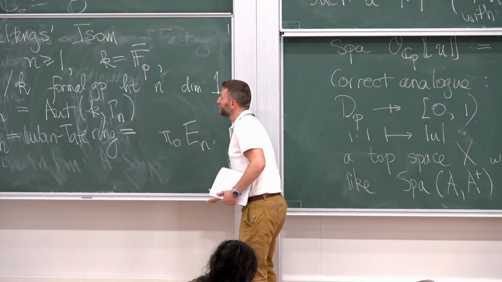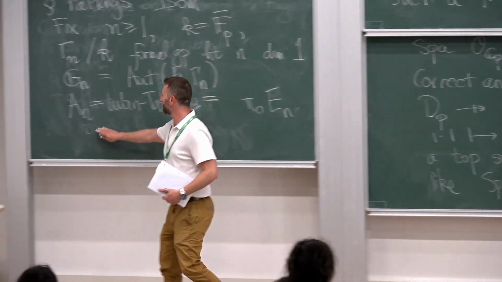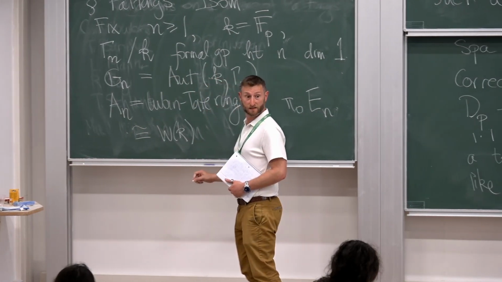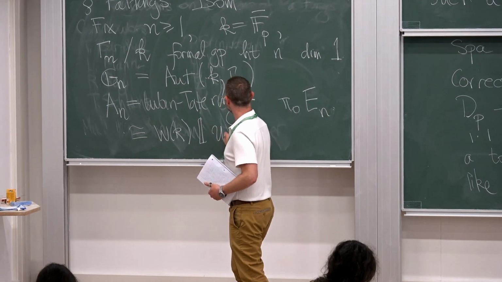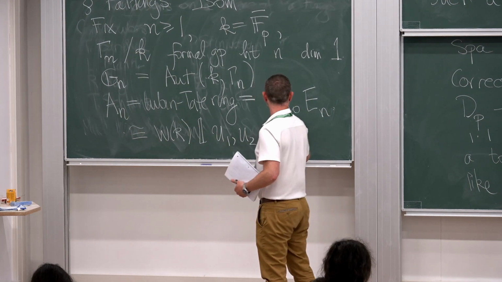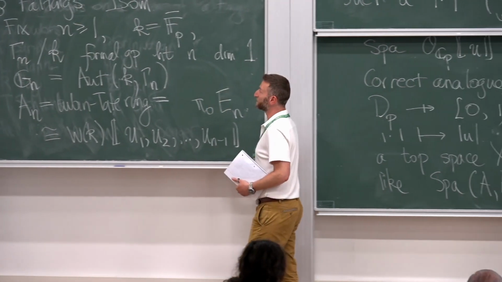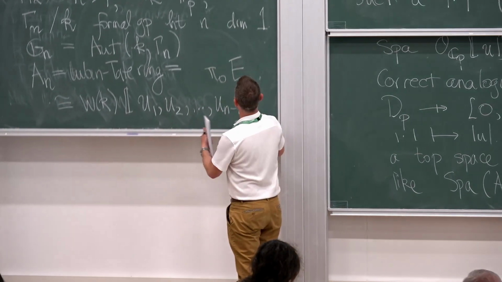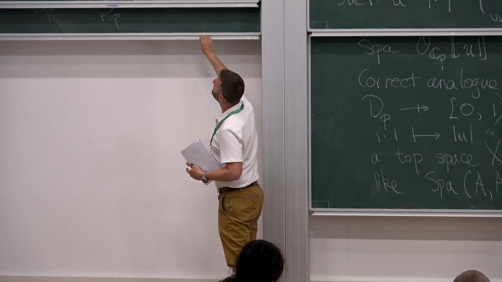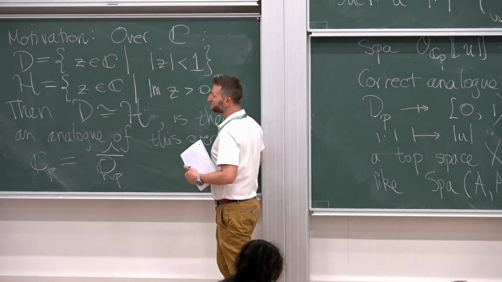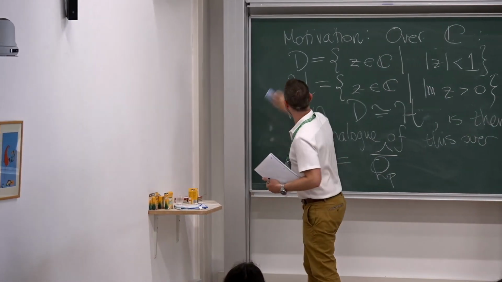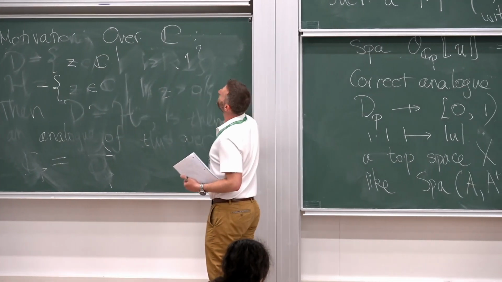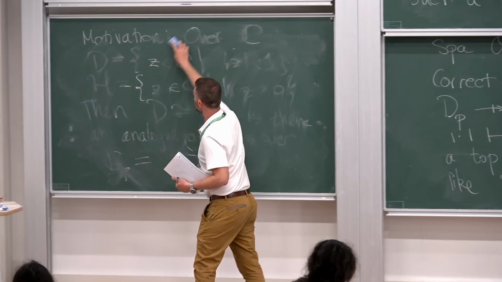So this is the deformation ring of gamma n. A description of it in terms of what it actually is as a ring is that it is isomorphic to the ring of Witt vectors of k, and then I do a power series ring, u1, u2, the last one being u n minus 1. So now we see a power series ring appear. Okay, so that's Morava E theory, and the Lubin-Tate ring appears as pi 0. So the analog of the D that I'm now erasing is going to be something like the adic spectrum of this ring An.